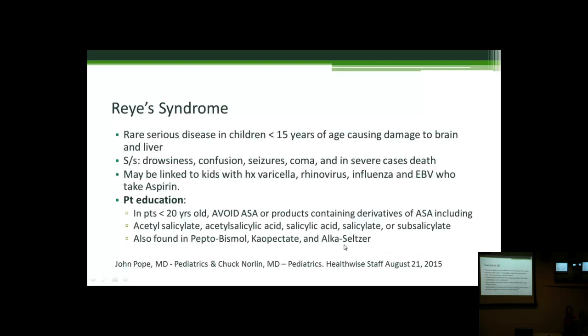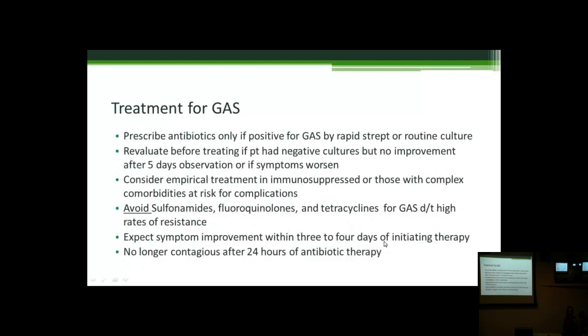Treatment for group A streptococcus. So when you prescribe an antibiotic for this, you want to ensure that it's a positive test on the culture, whether it's rapid strep or routine culture, before you start treatment. Reevaluate them in about 5 or 7 days to see how they're doing, to make sure they're improving or if they're getting worse. And consider whether or not, even though you may not know the culture results yet, if the patient has immune suppression or very complex medical comorbidities and they're quite ill from their other conditions, and you're concerned that this might be strep while you're waiting for the culture, it would be appropriate to give an antibiotic